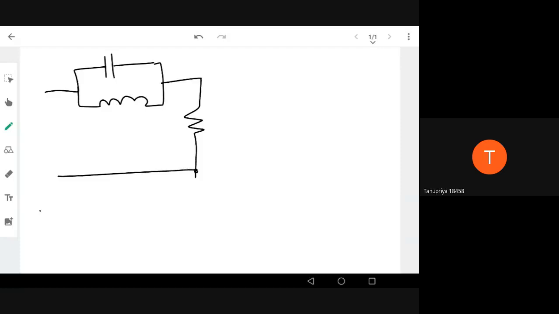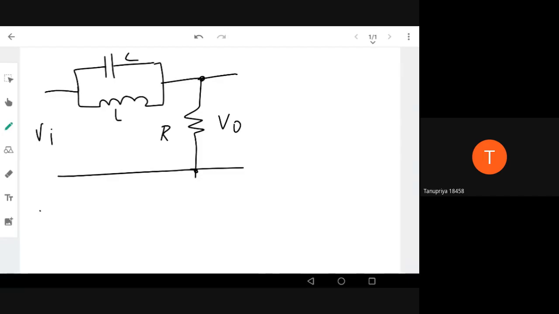V input, V output. So this is C, this is L, this is R. Now you have to find the transfer function of this model. Here we have already modeled an electrical system and given it before you, right? It can be any device. Now we have this circuit model of that device. Now you have to find the transfer function of that